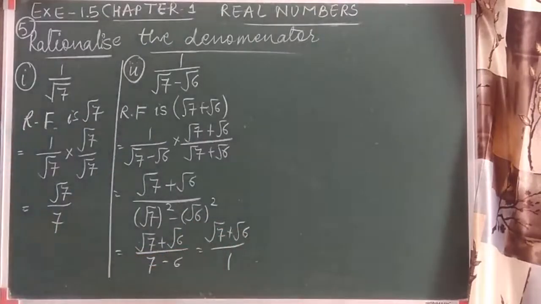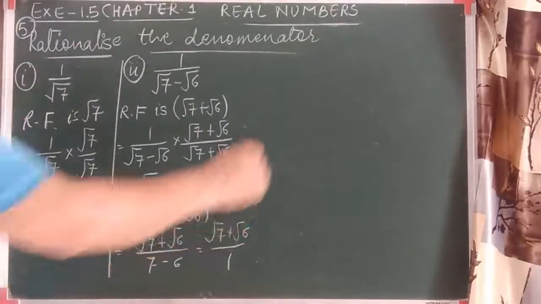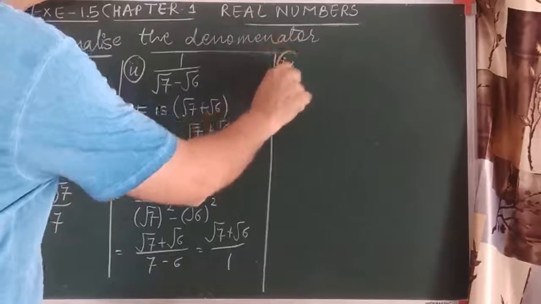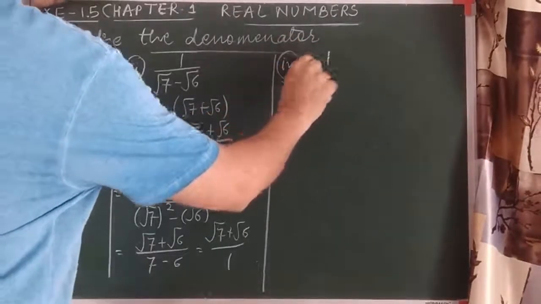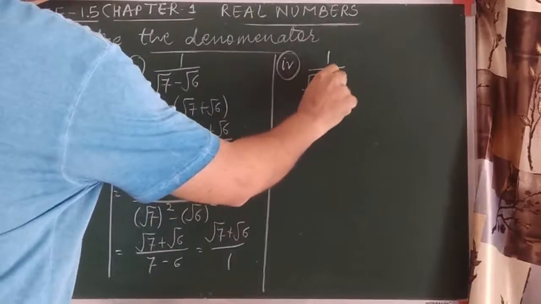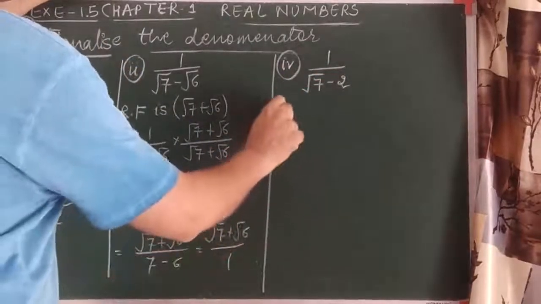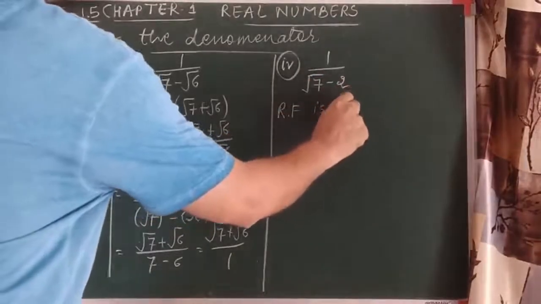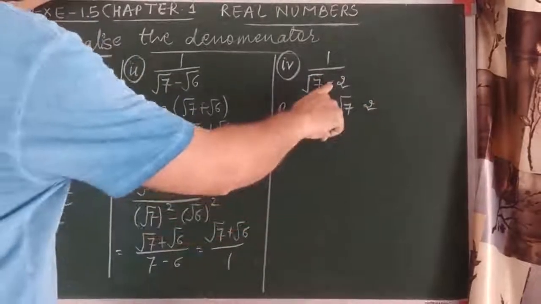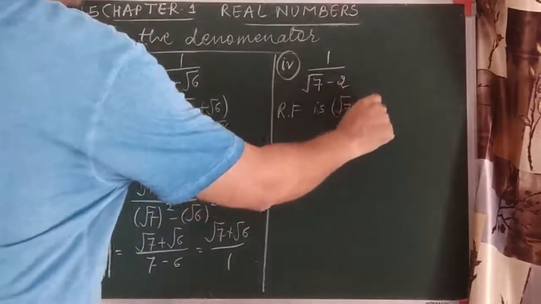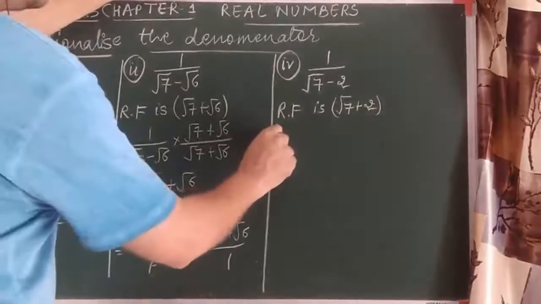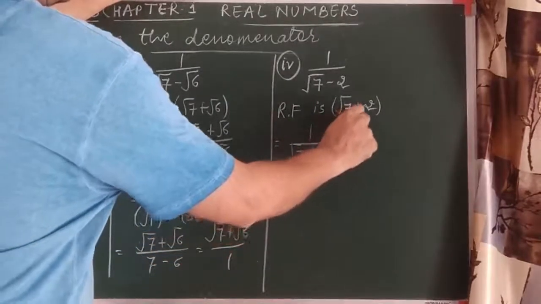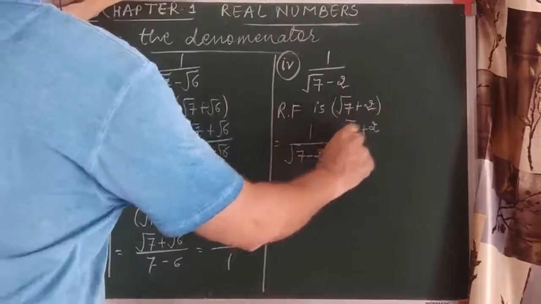If you don't write 1 in the denominator, it would be fine. Let's go for one more question. I'll go for the fourth question. It is 1 upon root 7 minus 2. So what is the rationalizing factor of this? Correct. Again, both the terms should remain as they are. See, root 7 and 2. In the question, the sign is minus, so the rationalizing factor sign would be plus. So we should multiply and divide with root 7 plus 2 upon root 7 plus 2.